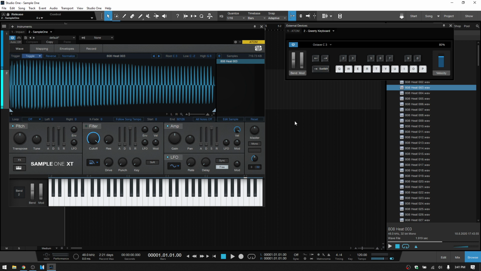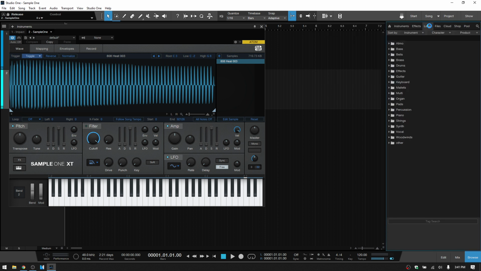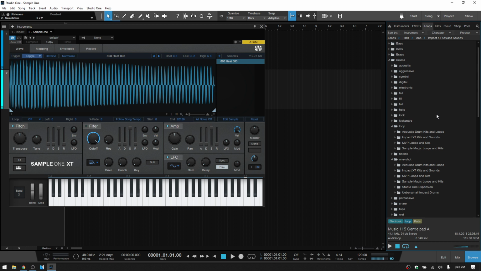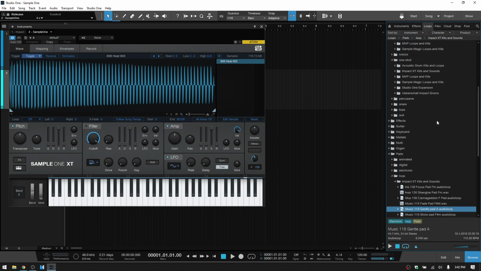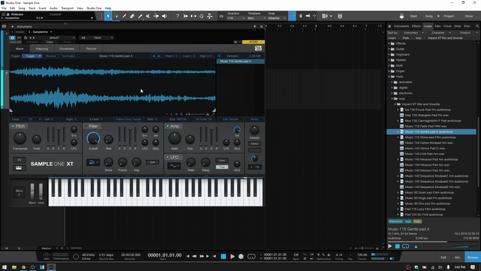So let's quickly take a look at that. I'm going to press caps lock to hide the virtual keyboard. Let's come to our loops and let me see if I can find a loop here really quickly. Okay, so I'm going to drag this loop to the waveform display to replace the old loop. And let's go ahead and move on to the loop section